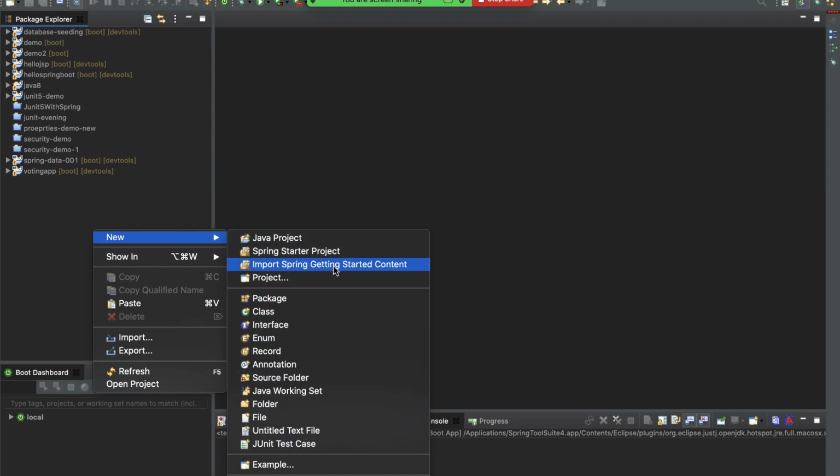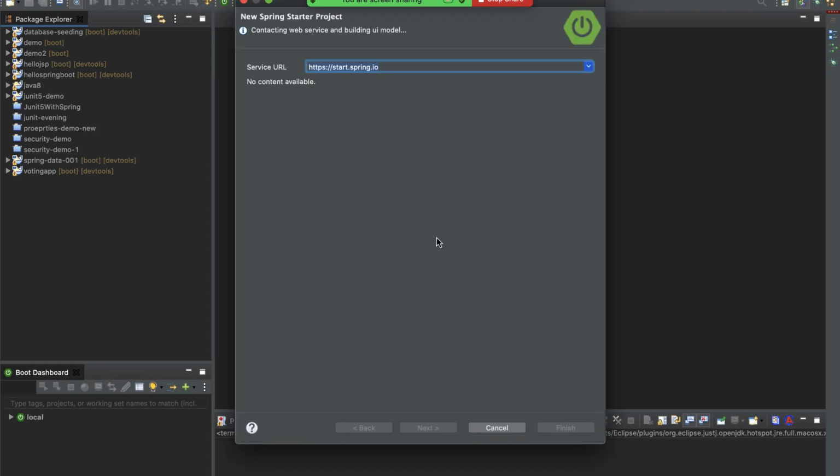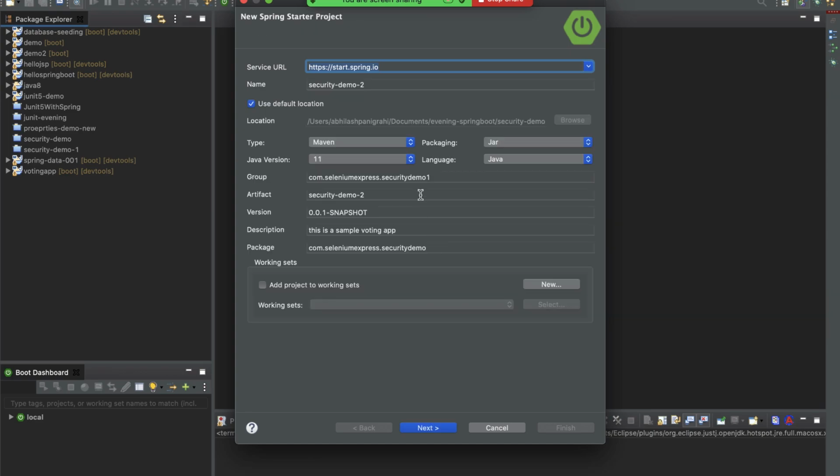All right. So let's create a simple project. Let's create a Spring Starter project. Okay. All right. So the name of this application is going to be Spring Security, let's say user lockout, because this is our whole purpose, to protect our user from a brute force